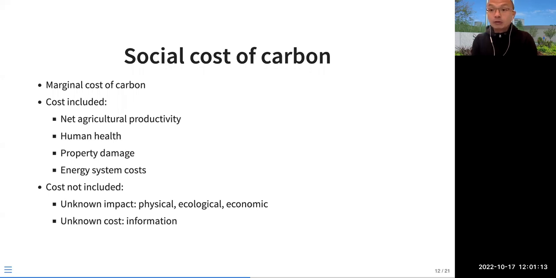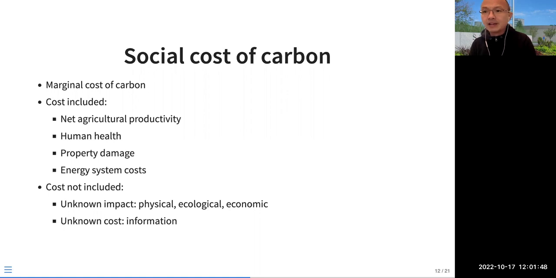And there are also some unknown costs, for example, information. With climate change we need more effort, and those costs are not really included in the costs. And psychological cost: the catastrophic impacts really affect us psychologically, right? So very often